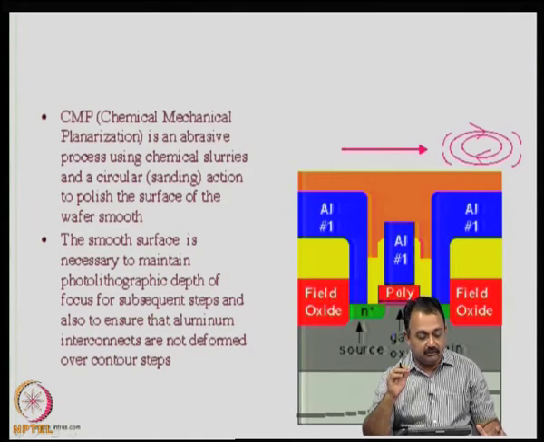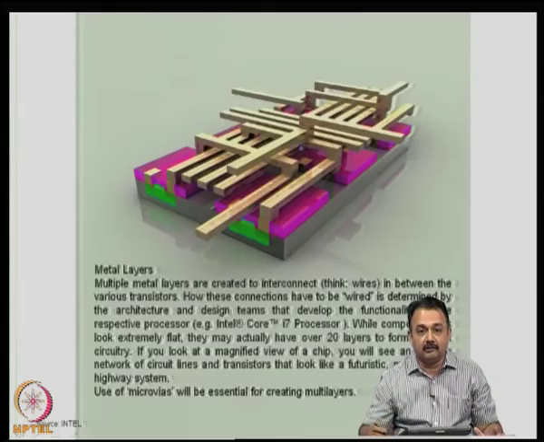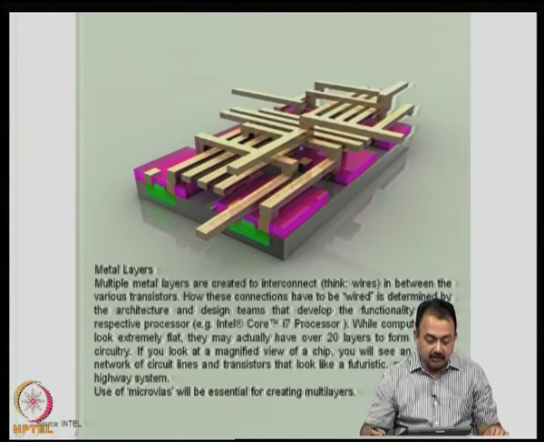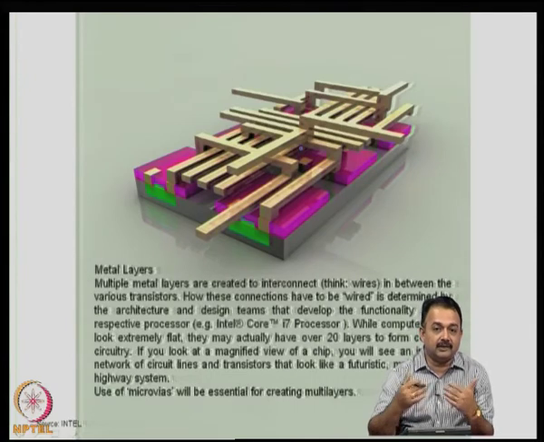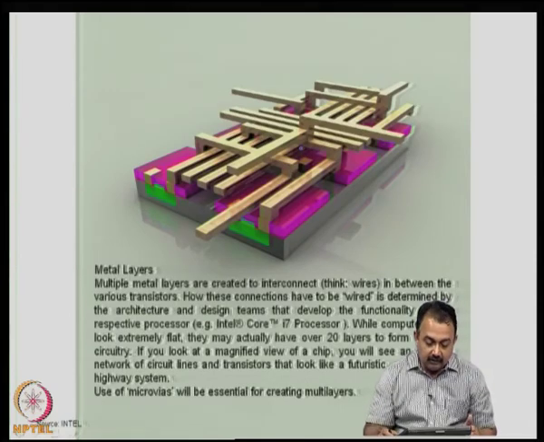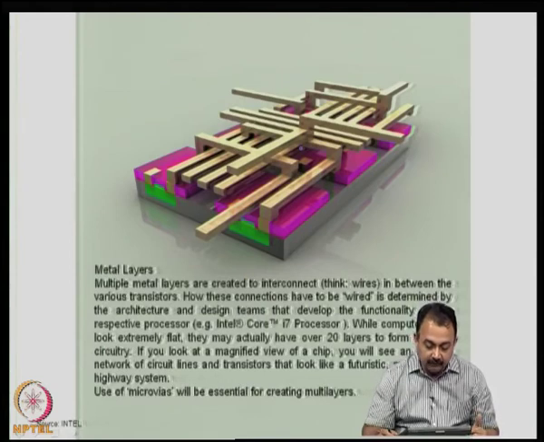So, CMP is going to be a very crucial step in defining, as you can see, the final thickness of the conductor. Now, you can see in this particular picture, this is a consolidated view. Now, we have seen one complete process step. Now, subsequent steps can continuously be done in the same way by repeating the cycle. So, this particular figure will give you a very good understanding of how to create interconnects now.